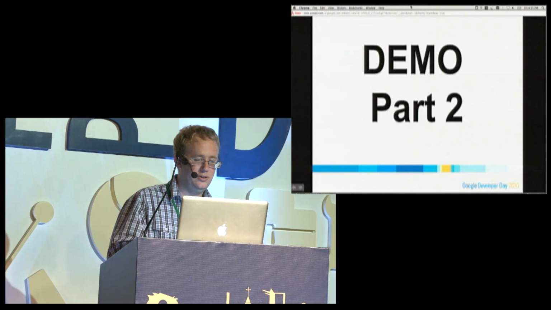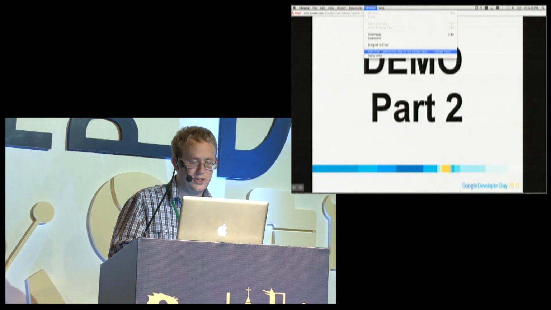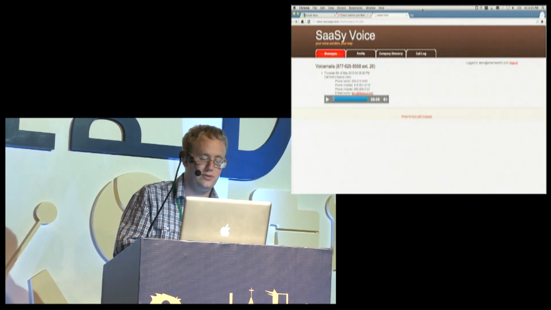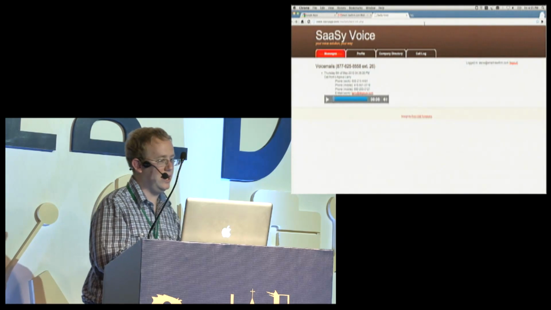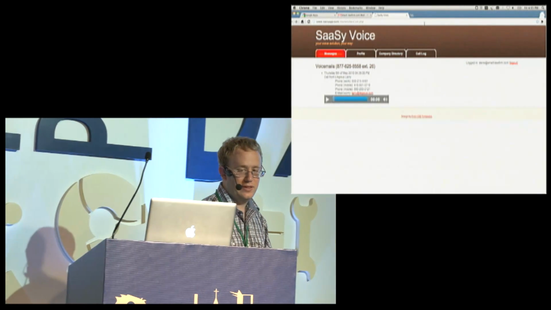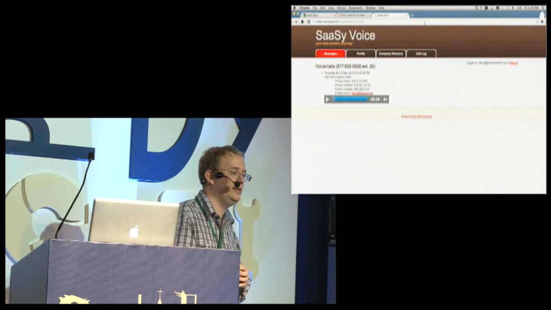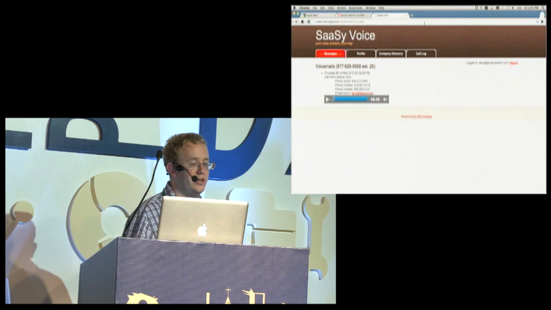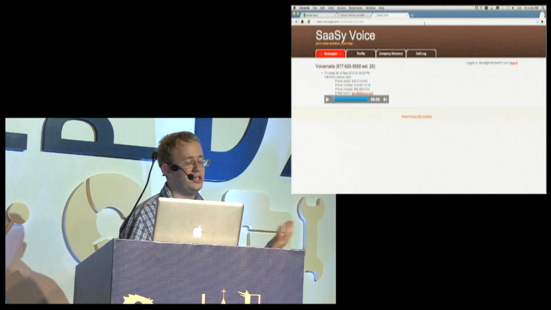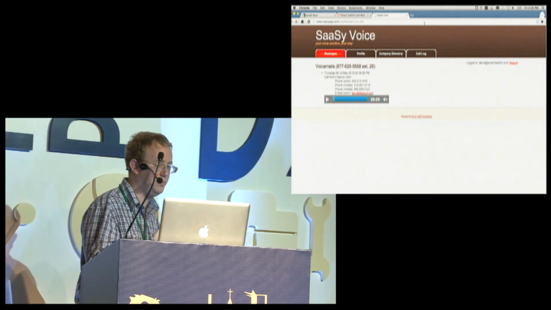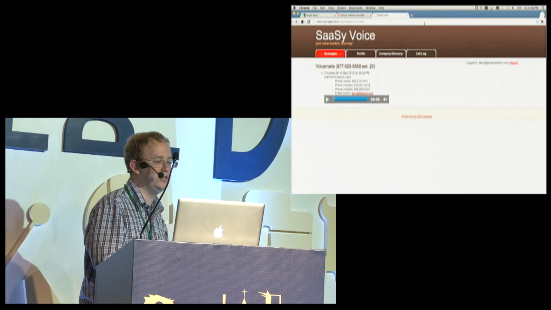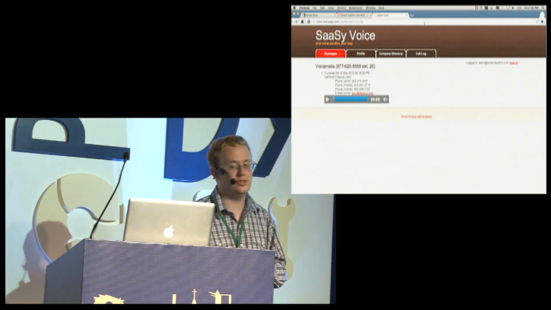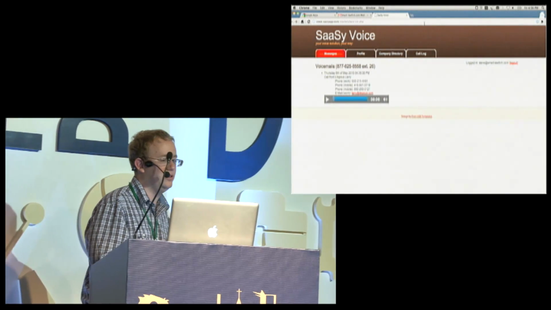So we're going to go back to the demo here and show the next little bit of functionality. I actually already started talking about some of this, in particular how the contacts APIs are used. So when I receive a phone call or receive a voicemail, this system actually looks up in the user's Google Contacts who this voicemail is from. In this case, it knows a number of different phone numbers for litigious Larry, so if he calls from any of them, the system can look it up, and it knows that it's from litigious Larry. And then we have all sorts of other information. We have other phone numbers we can call him back on. We have an email address we can use to return his email, all because we integrated with the user's Google